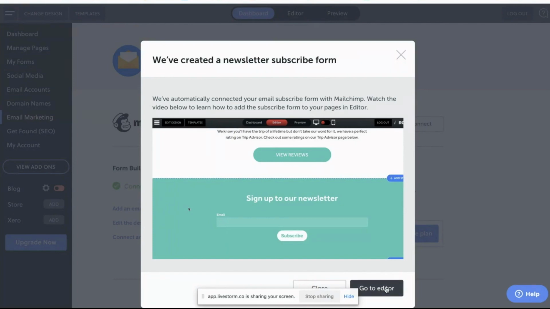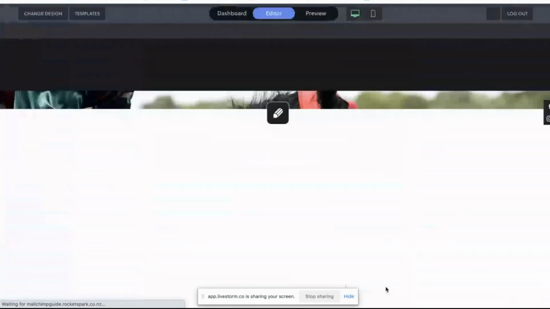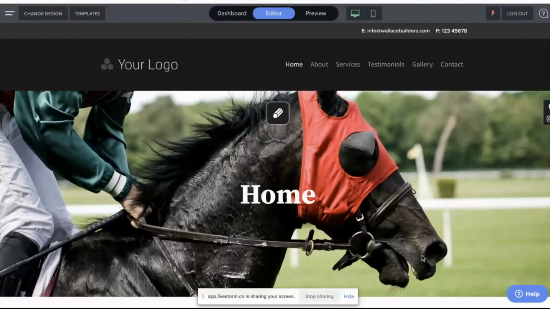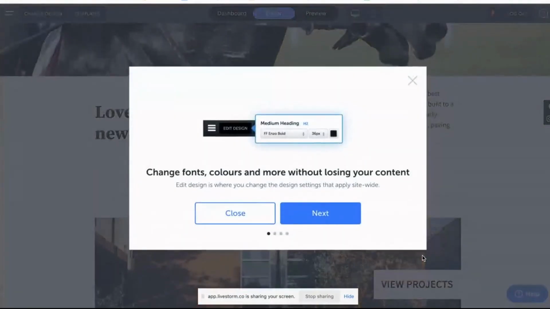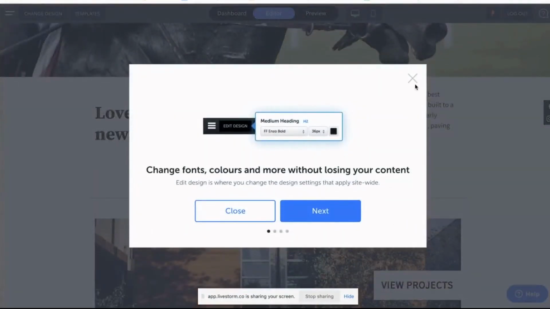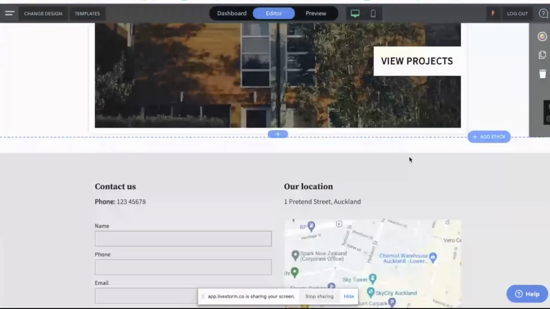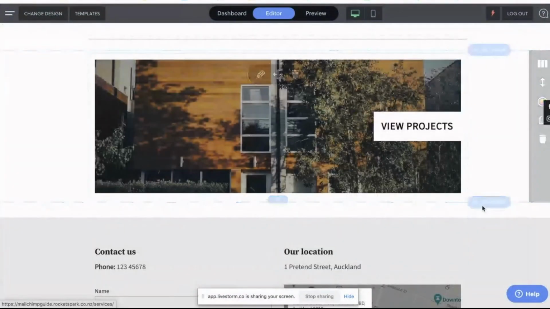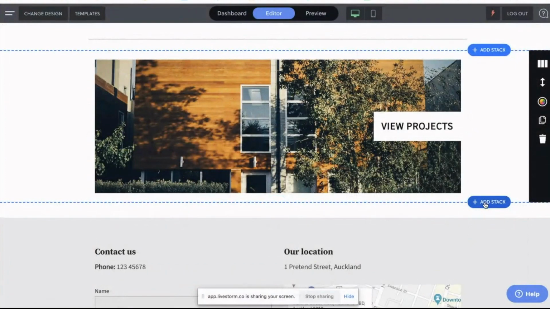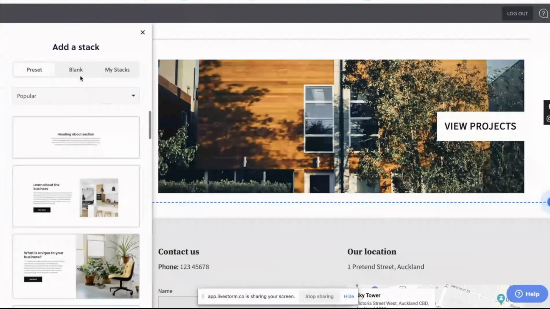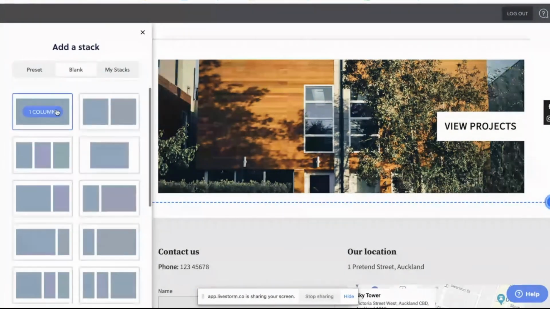So now we can go through to your editor. Cool. What we can do here is quickly add a stack. I'll just add in a blank one for now.